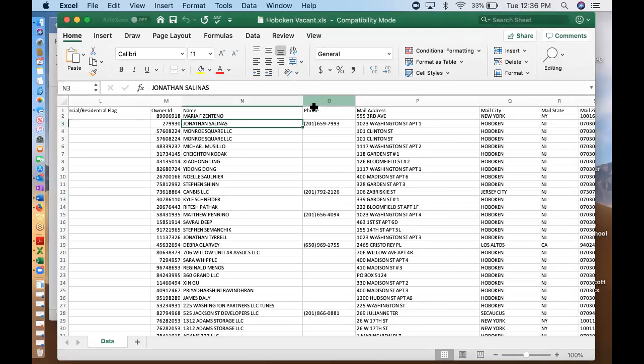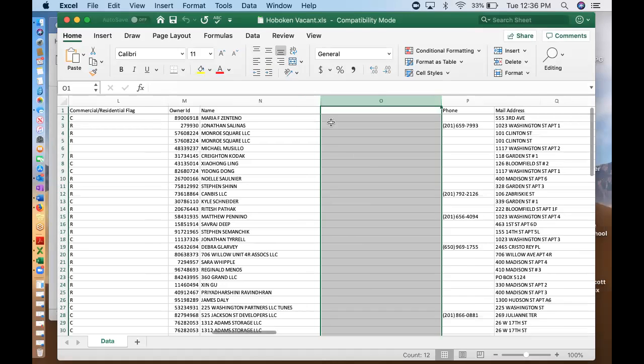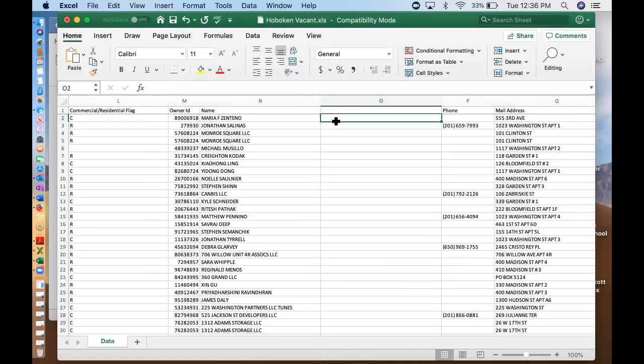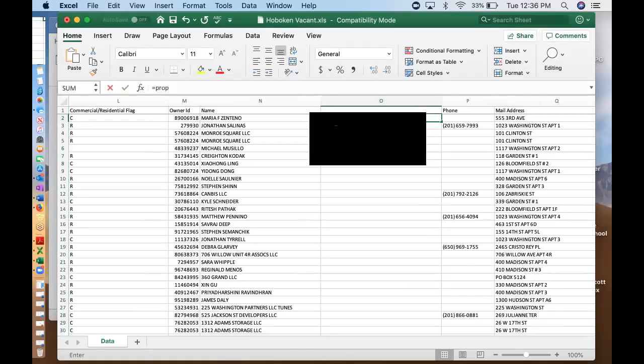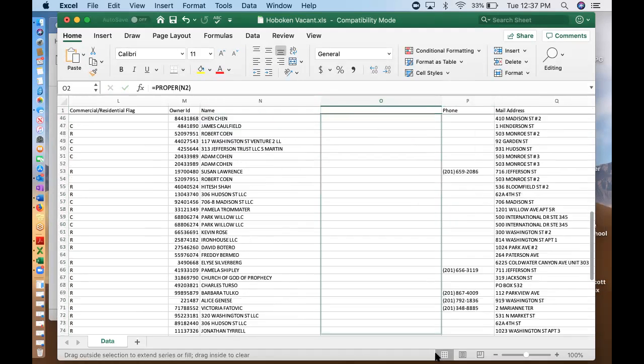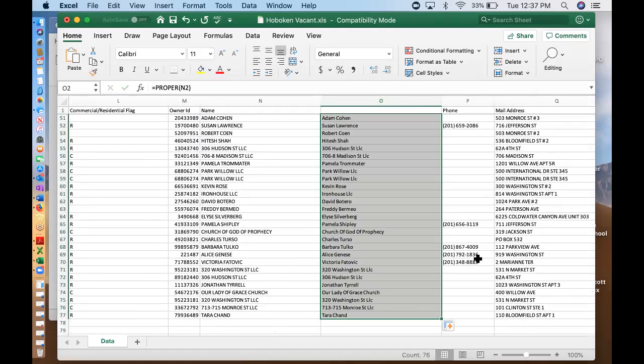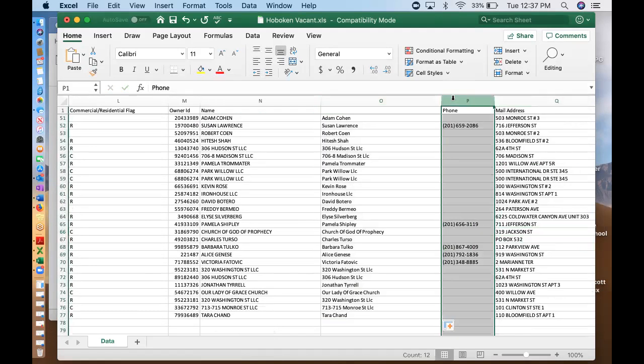If you go into the list, there's so many different things you can do inside your list that can format things better. So one of my favorite formulas is proper, equals PROPER. Then it's going to tell you to select the field, close your parentheses, tab, and it's going to put it into proper format. You just copy and drag your formula down, and look, now you've got all of your